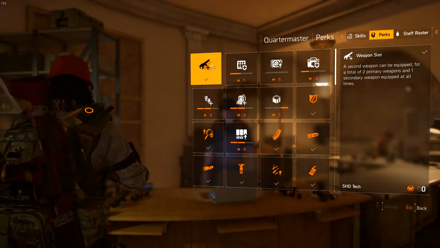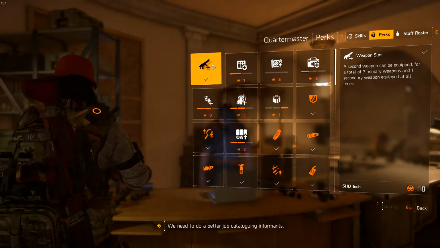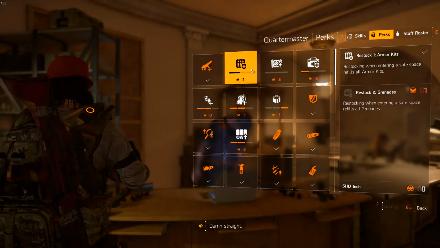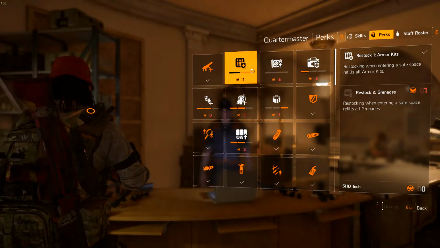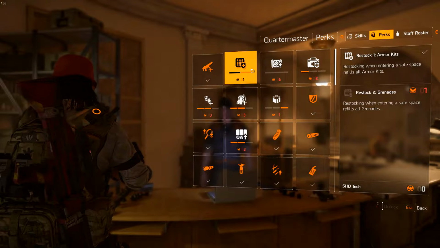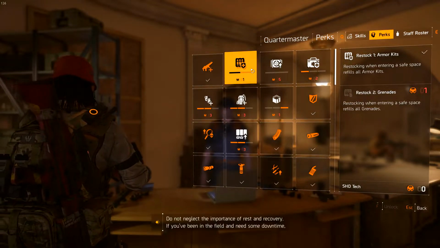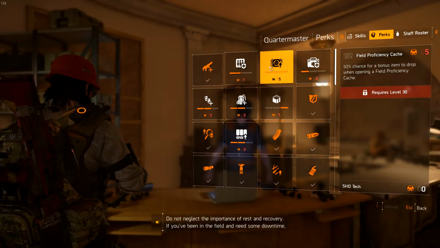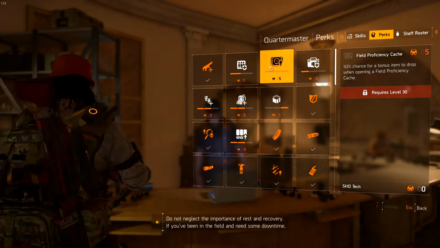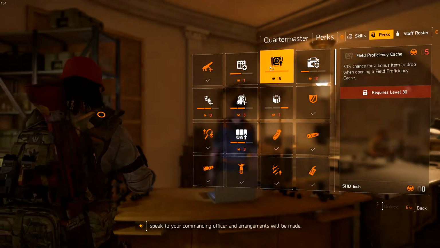The first one you get right away, and it's basically so you can hold a second primary weapon, so you can hold your two primaries and one secondary. Then you have restock armor kits. Restocking when entering a safe zone refills all armor kits, and there are multiple ranks of a bunch of these. The second rank to that is restock grenades. Restocking when entering a safe space refills all grenades. This one requires level 30: 50% chance for a bonus item to drop when opening a field proficiency cache, and